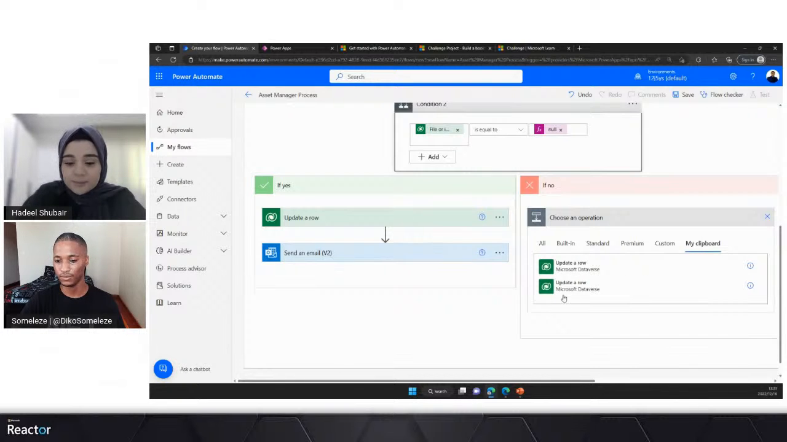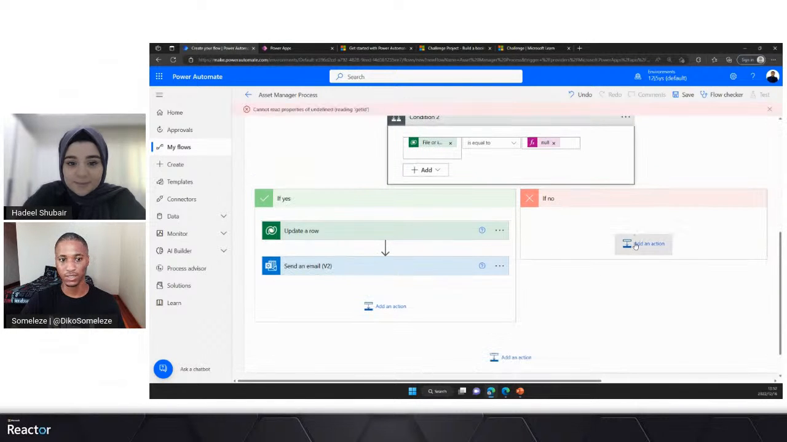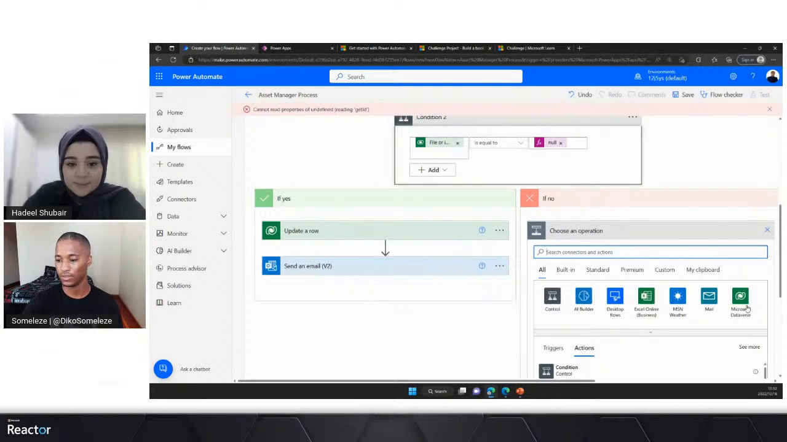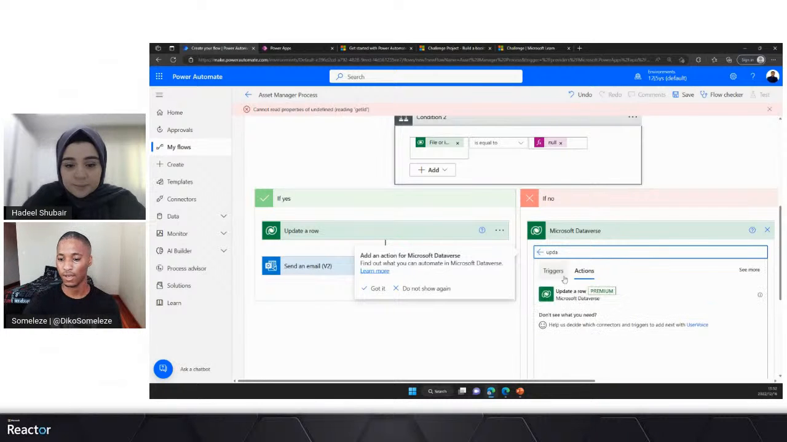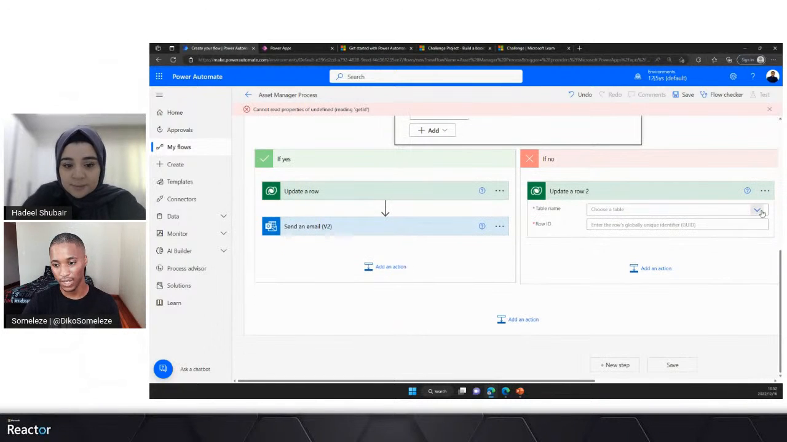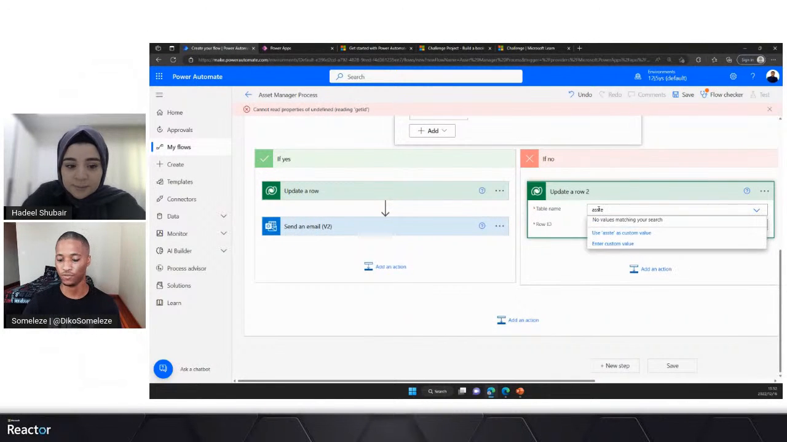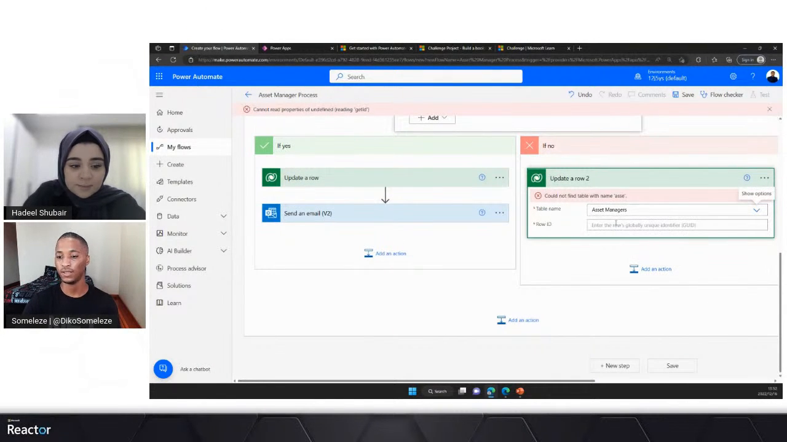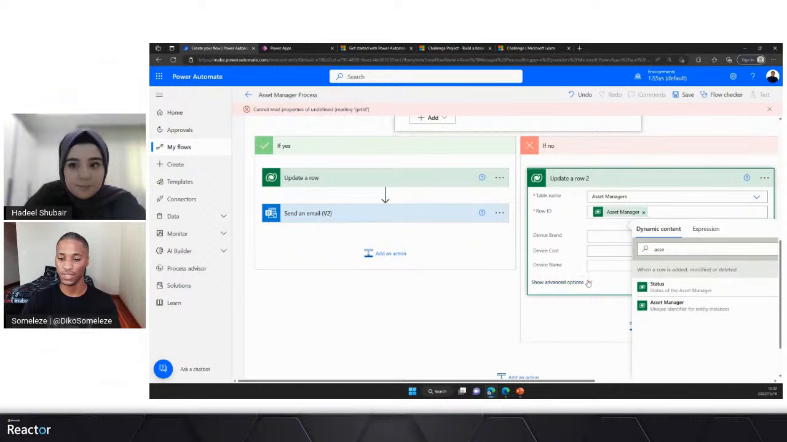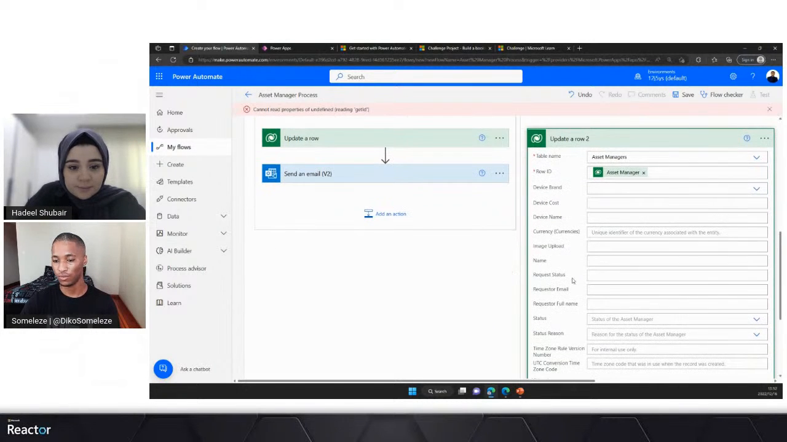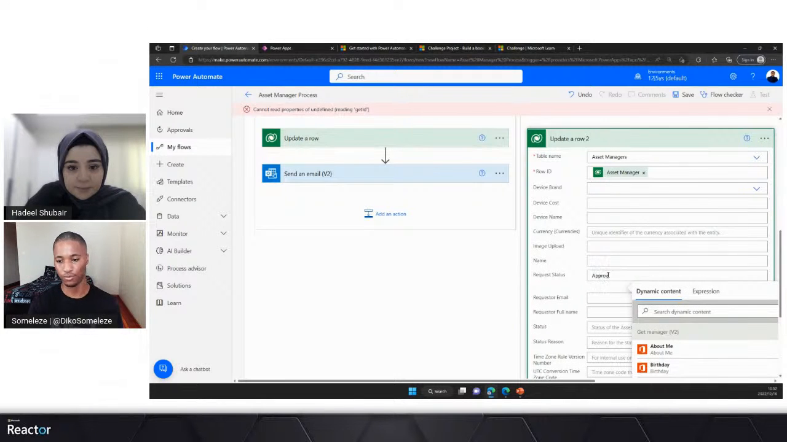Hopefully it picks it up. It does not want to. Then I am just gonna quickly edit again and say Dataverse, update a row. You specify the table name, and then you search for it, which is asset managers. And then you specify the row ID. Again, same steps as the ones that we did just now. And then you say asset manager, and then you say show advanced options. You go to the request status and you say approved, and then you collapse your update a row action,